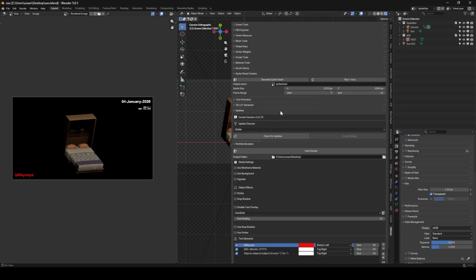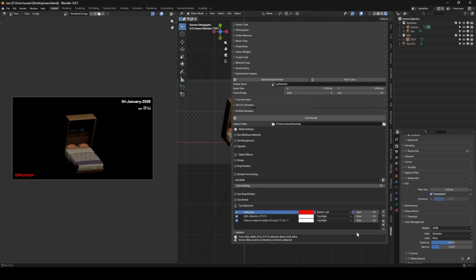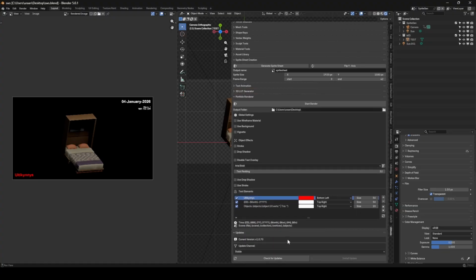The last part is probably something I already showed in the store page, but you can update this add-on from the actual add-on itself. You don't have to go into Blender Marketplace and figure out, oh, do I have the latest version? This will tell you